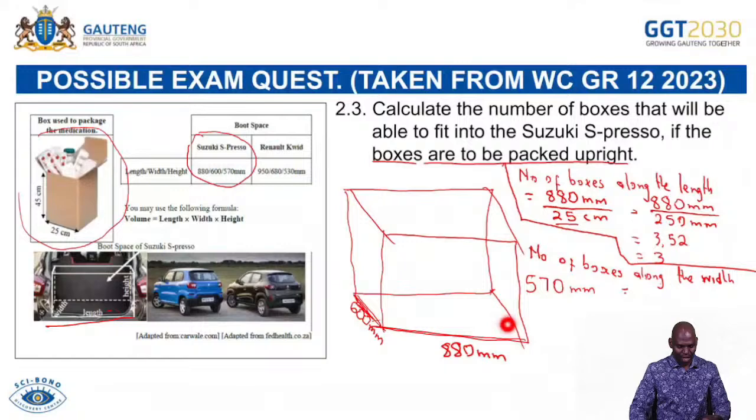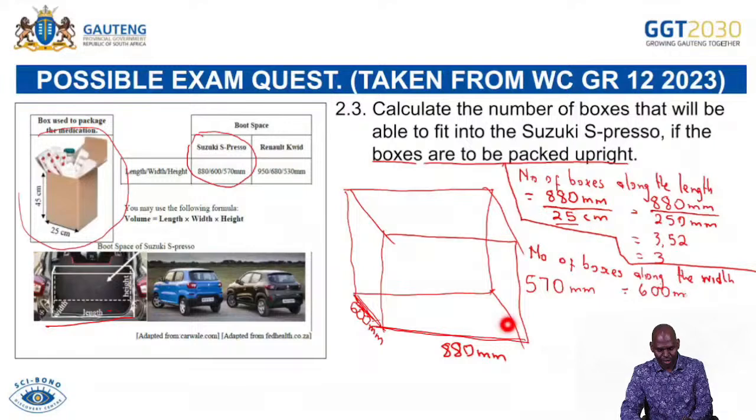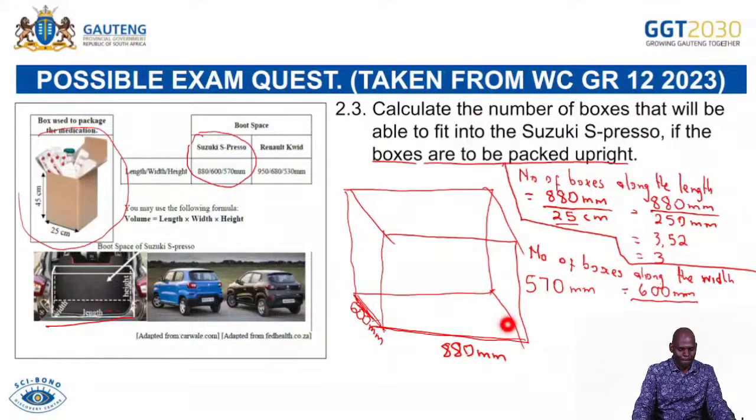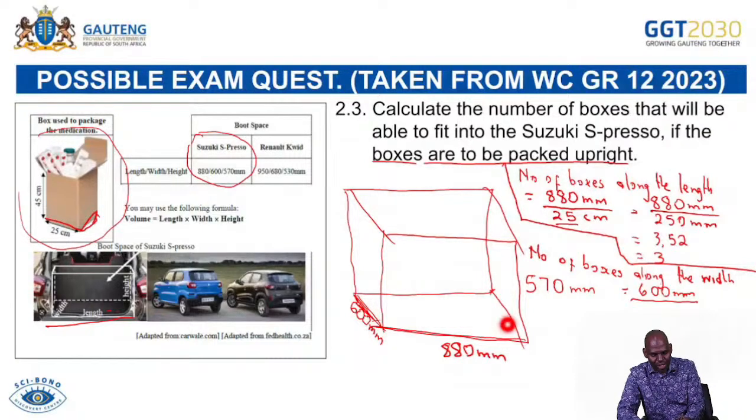Still the same procedure. I have to look at the width. The width is 600 millimeters, and then I divide it by the width of the box. If you look at the box, we said the length is 25, and remember they said it's a square based, so it means the length and the width are the same. So in this case, the width will also be divided by 25